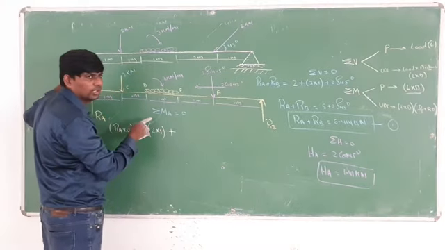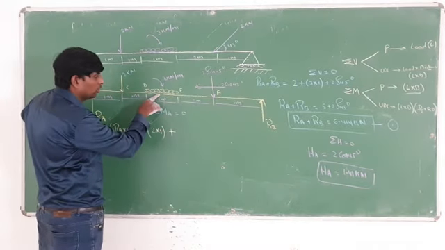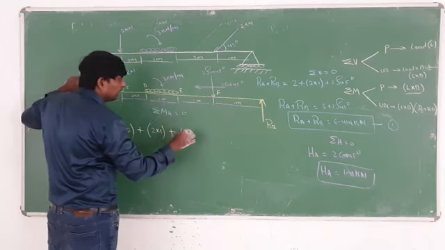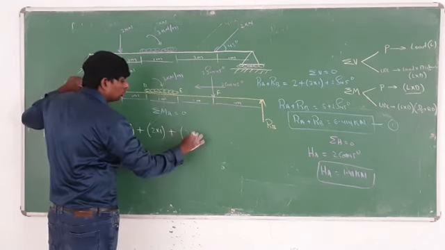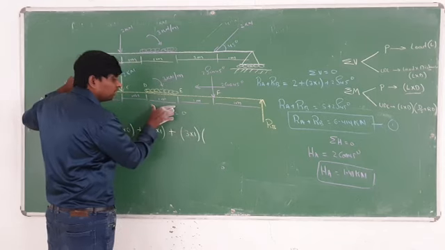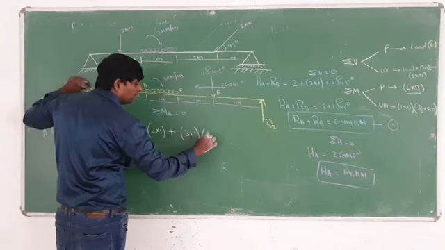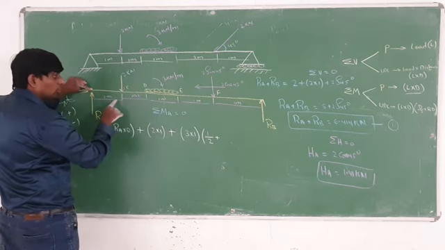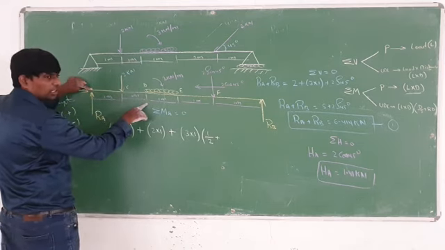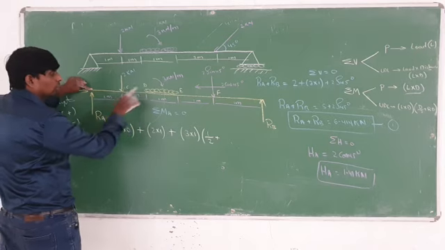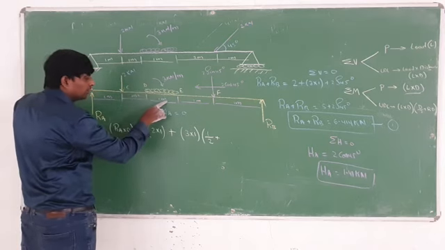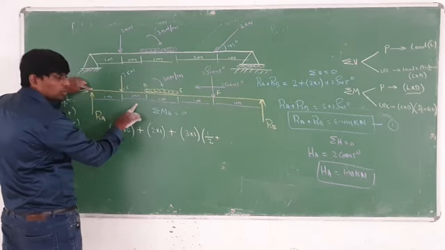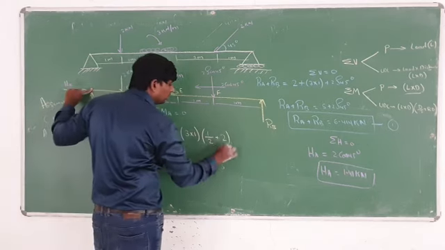Which type of load is there? Concentrate here. Most of them will make a mistake here, so concentrate. So UDL: load into distance, 3 into 1, then distance divided by 2, plus remaining distance. How much is the remaining distance? Not 3. The UDL load will finish here now. Then how much is the remaining distance? Load into distance, distance divided by 2. The remaining distance is 2.